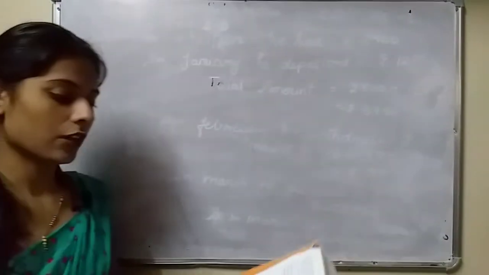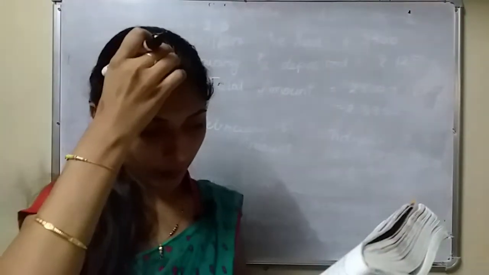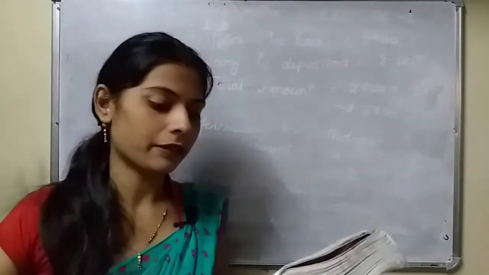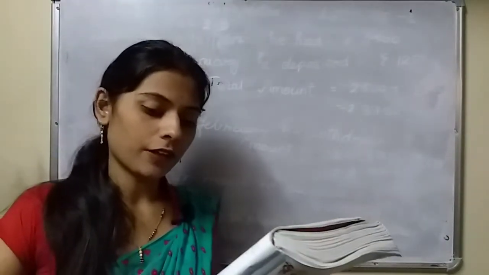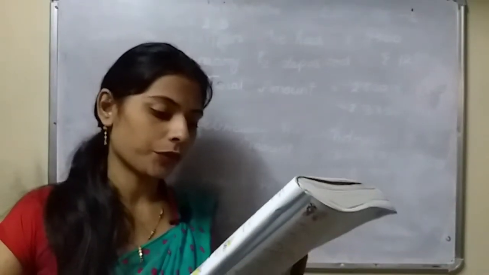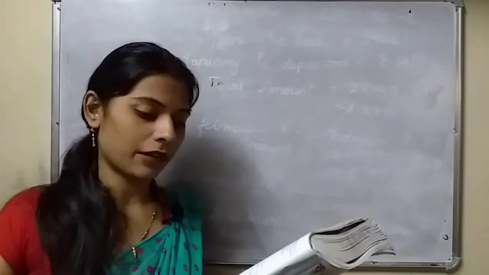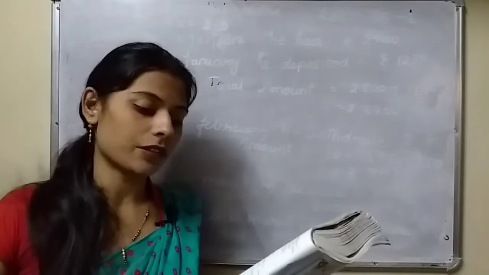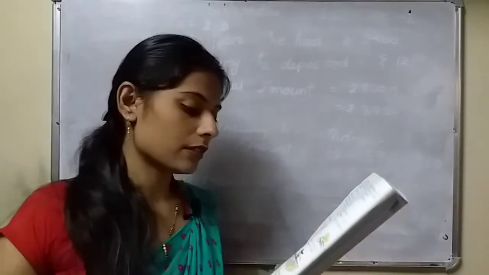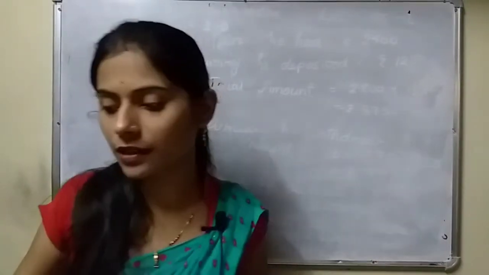Okay. See question number second. In a 2 into 50 meter relay race, Priya ran the first 50 meters and handed the baton to Rinki, who instead of running towards the finishing line ran back 10 meters towards the starting line before she was stopped. How many meters does Rinki have to run now to finish the race?